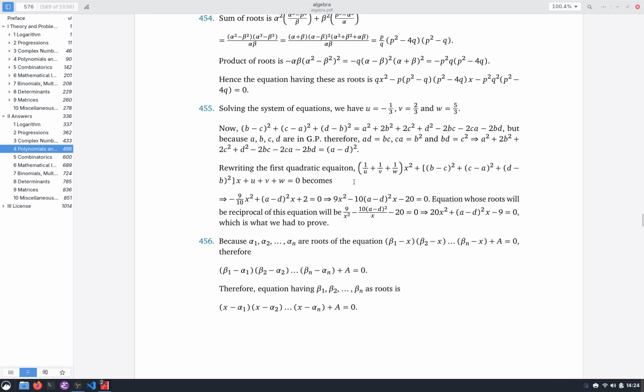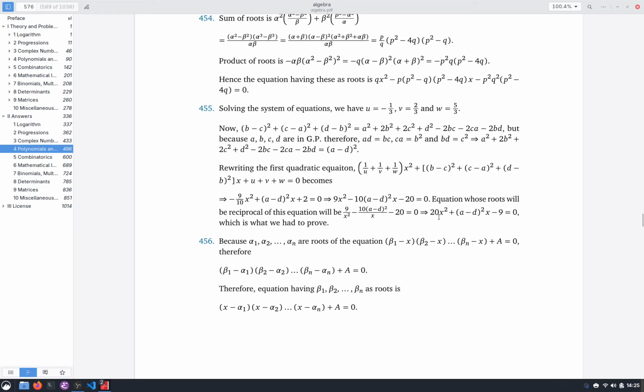So this particular equation becomes minus 9 by 10 x square plus (A minus D) whole square x plus 2 is equal to 0, which is equivalent to 9x square minus 10 into (A minus D) whole square into x minus 20. So we determine the equation whose roots will be reciprocal of this equation. This is a bit of a shortcut. What we have done here is we substitute x with 1 by x because the roots will be reciprocal. So it becomes 9 by x square minus 10 into (A minus D) whole square by x minus 20